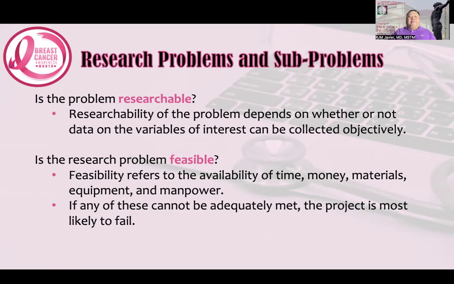For example, you might be interested, let's say, in shortening the hospitalization period of individuals who undergo laparoscopic cholecystectomy versus open cholecystectomy. That is a very good research topic